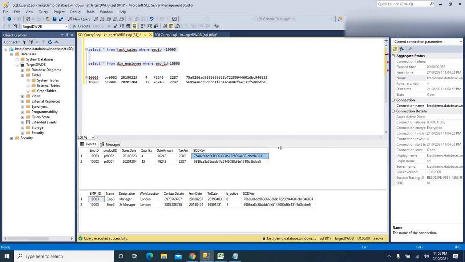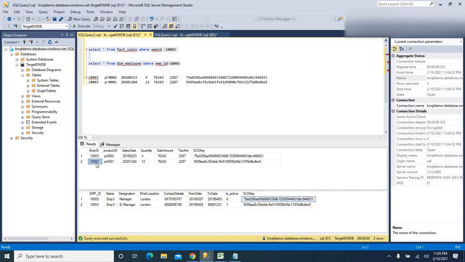Let's check this SCD key. Yes, the same SCD key is there in the dimension table. And let's check whether this date is between effective from and effective to. Yes, this date is between the effective from and effective to dates, so that's why it has been populated with this SCD key.